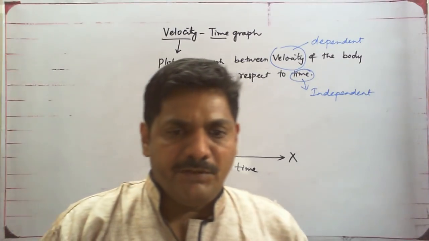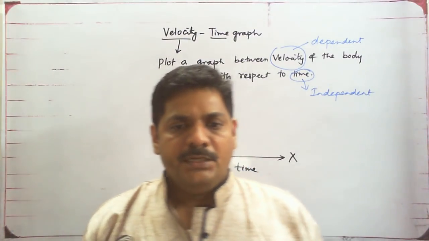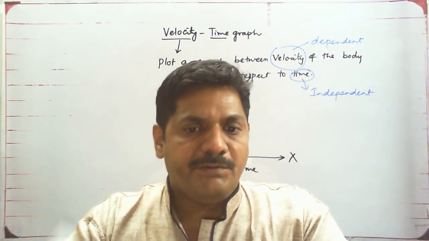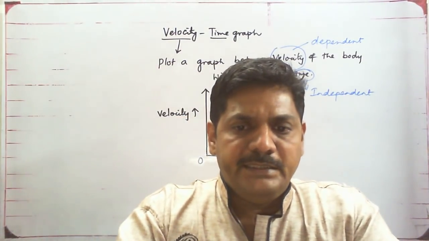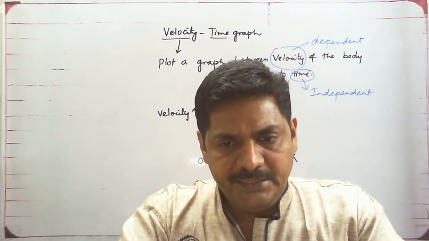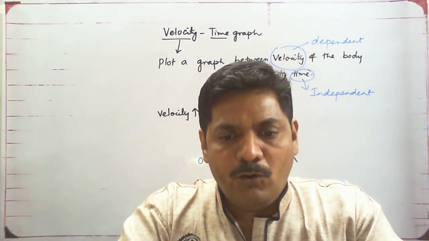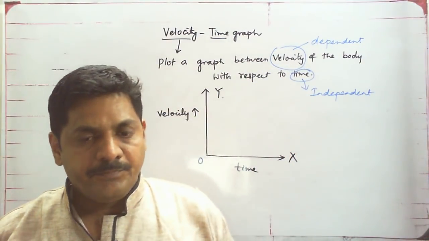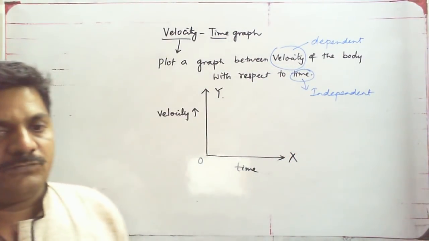Today, we will be just drawing the graphs. About the numericals and the different calculations, we will be talking in the next lecture. So we will just have a discussion on what are the different types of velocity time graphs in today's lecture. Now velocity time graphs, they are of three types.